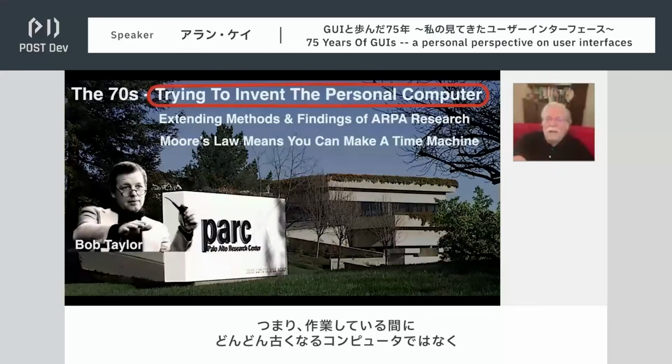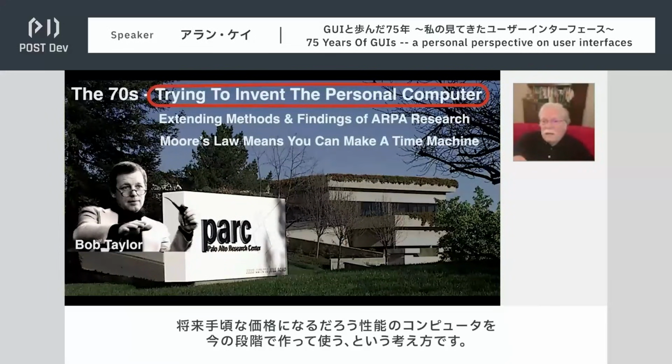So instead of working on a computer that was getting more and more obsolete as we worked on it, we were working on something that would be affordable in the future, but we could do it right now.